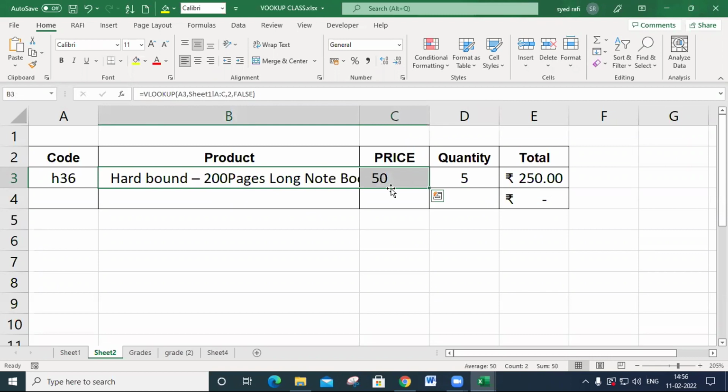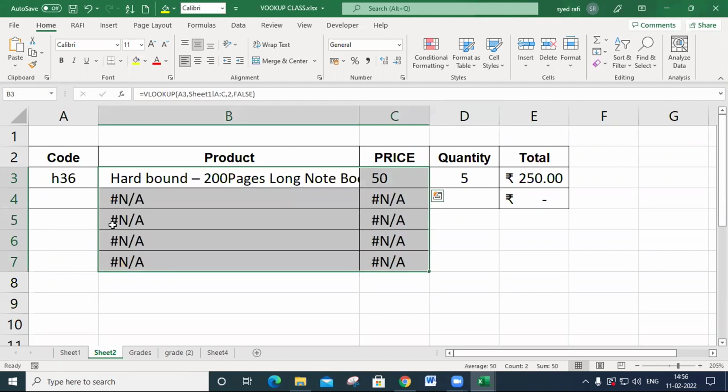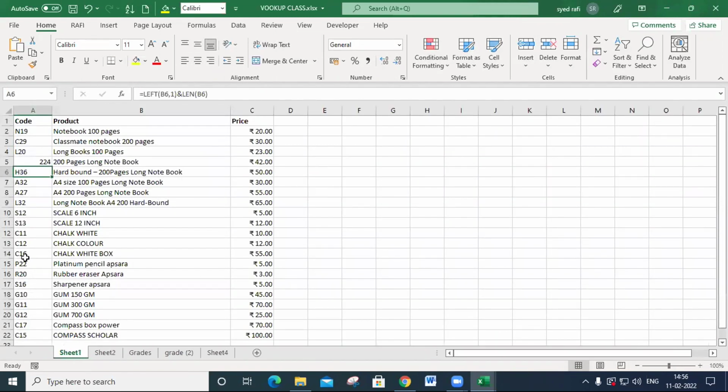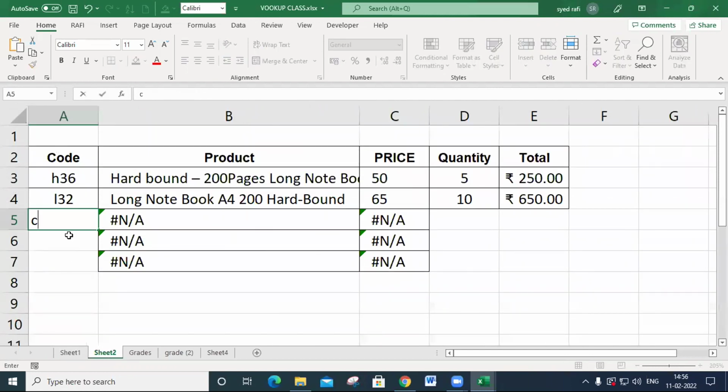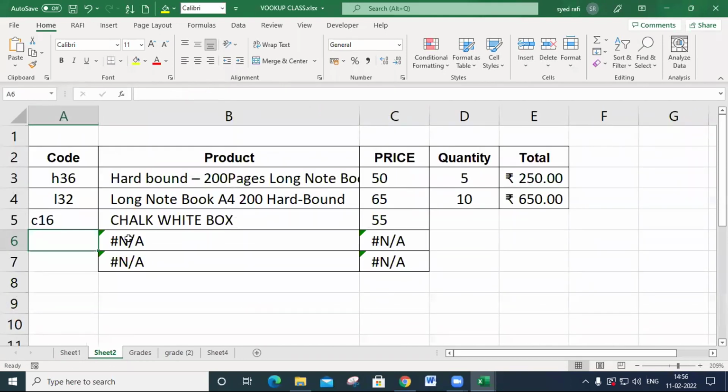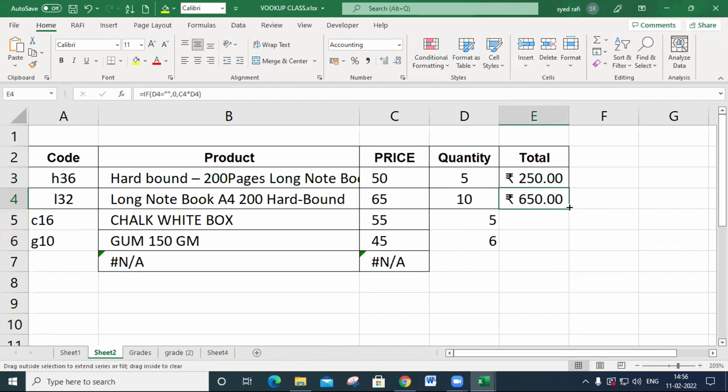Once the formula is done and you drag like this, automatically what happened? If you need to give a value here, you may type it, and it will be displayed. You may enter the quantity like this, and whatever the value may be, C16, you may enter it like this and it will be displayed. Whatever the data, you may enter G10 like this, and it will be displayed, and you may enter and drag like this, and the calculation will